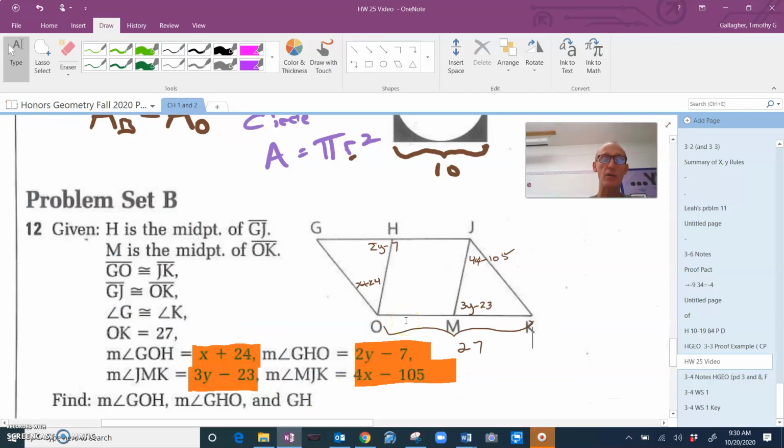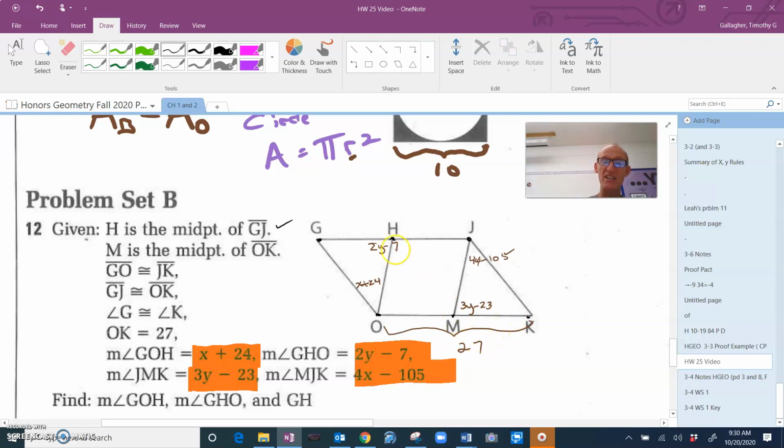This is finishing up homework 25, and this shouldn't take long. This is number 12. This problem requires you to get a couple equations. What you should recognize is because of H being the midpoint of this segment here, and M the midpoint of this segment here,